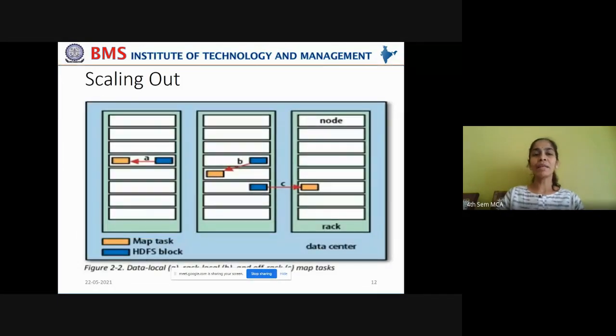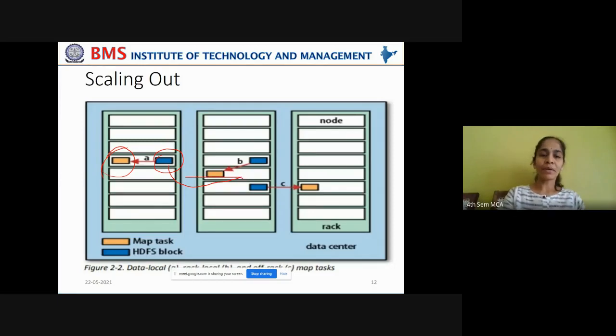That is explained in this figure. You can see here, this is the map task that has to be run, and this is the HDFS block. Now, if this node is busy with other map tasks, it may have to go for inter-rack transfers.